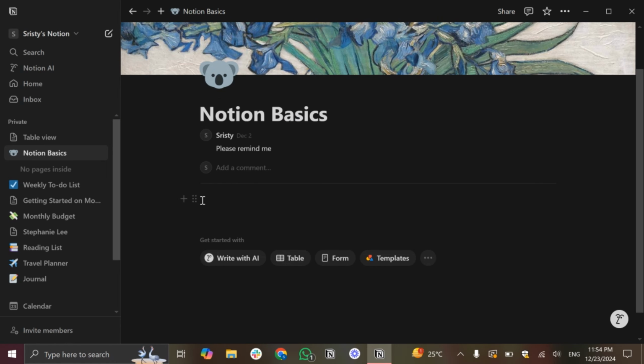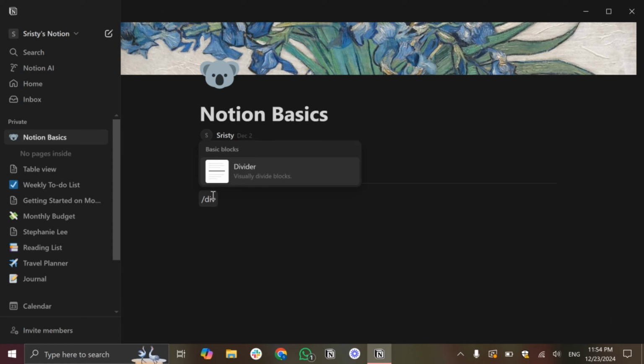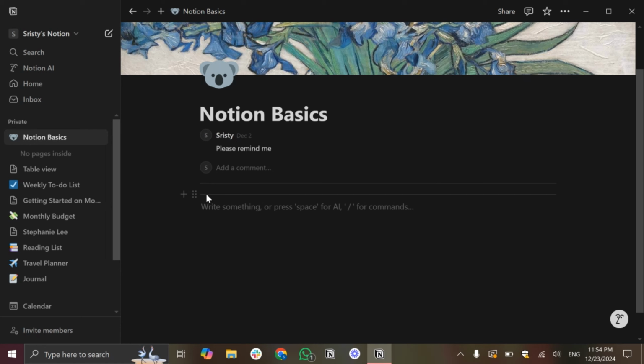and give a command. Type here slash and type here divider. And here you can see this option, divider. So as you can see, it appears as a horizontal line, or you can use a keyboard shortcut, which is